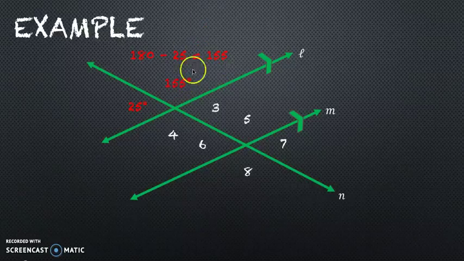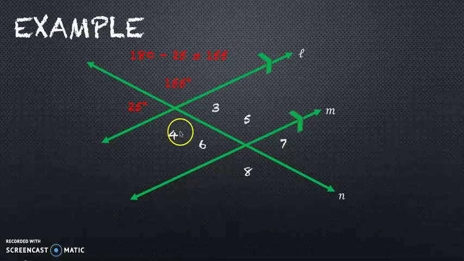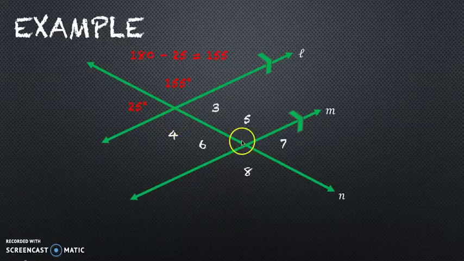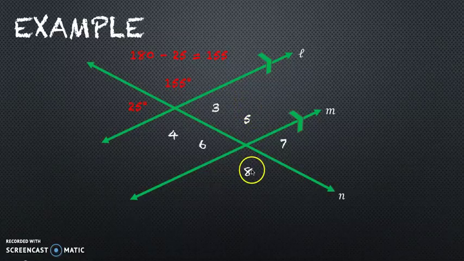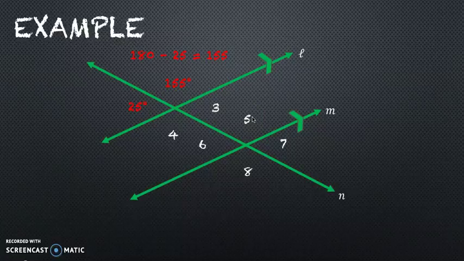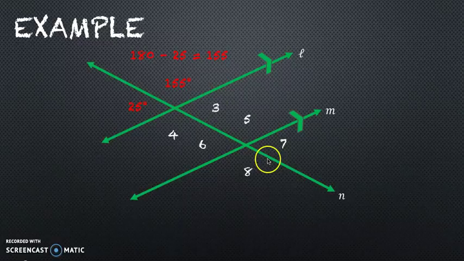Now if this angle here is 155 degrees, we know that angle 4 must be 155 degrees as well. If angle 4 is 155 degrees, we know that angle 8 must be 155 degrees because it's corresponding. This one's a vertical angle of angle 8, so then this one must be 155 degrees as well, and so on and so forth. So you can see how each of these different angles has a value given these two